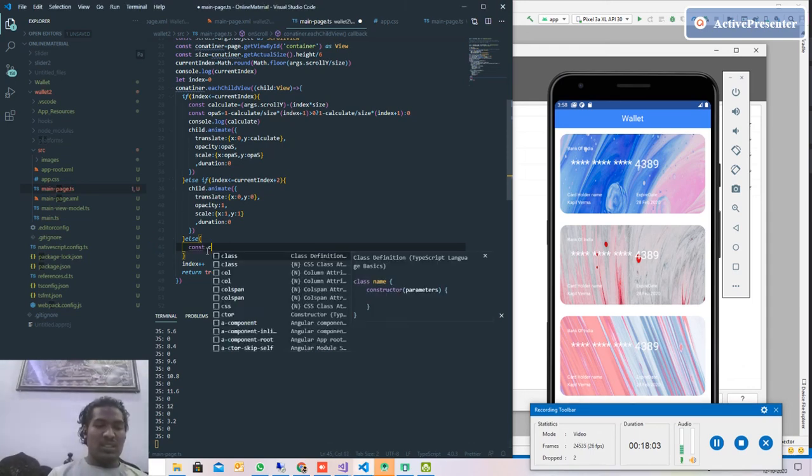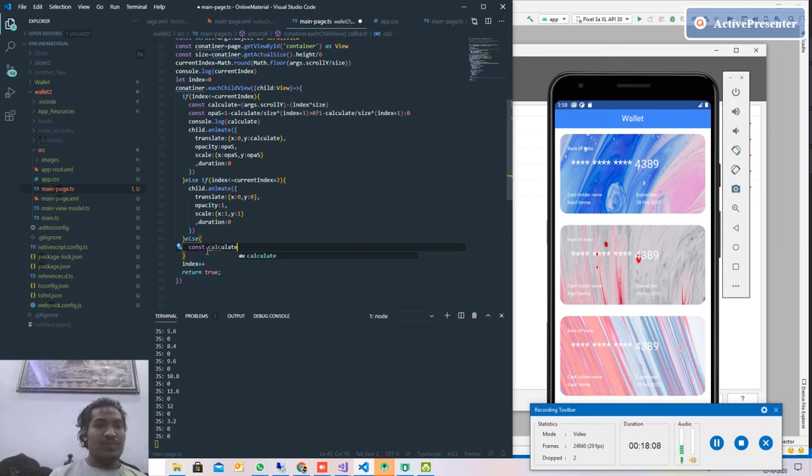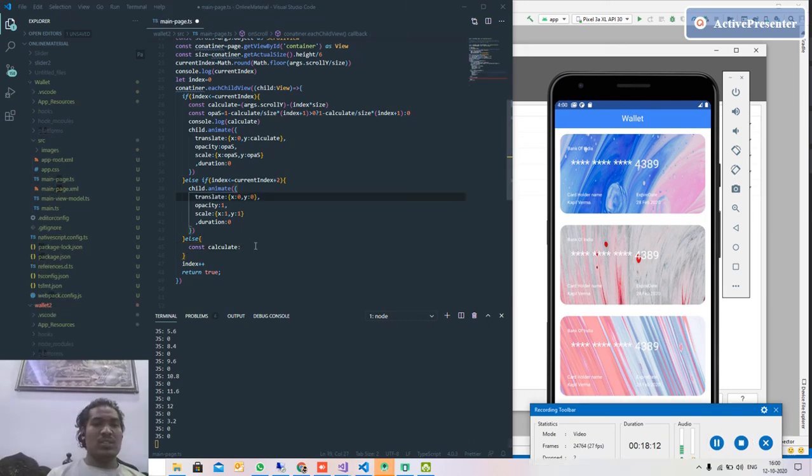Constant. Let's do the same thing. Calculate. So this will be, we want to know that in this view there are always 2 views. So we want index minus 2 multiplied by this size.